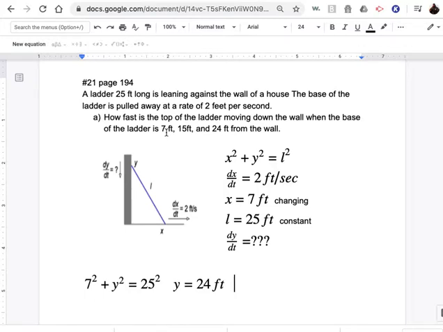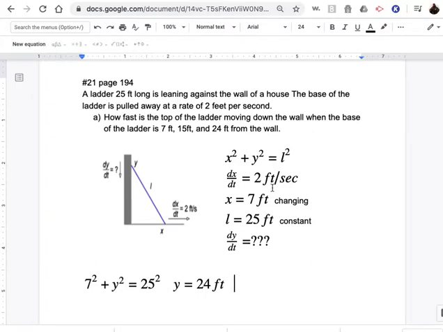recalculating the solution. So first thing we want to notice is that we have a right triangle here. And so we're going to use the equation x squared plus y squared equals L squared. And the reason we're doing that is because we are talking about, in this problem, how the lengths of the sides of a right triangle are changing. And the lengths of the sides of a right triangle are related by the Pythagorean theorem. I've used the base down here as x and the vertical as y, and the hypotenuse here as L, as